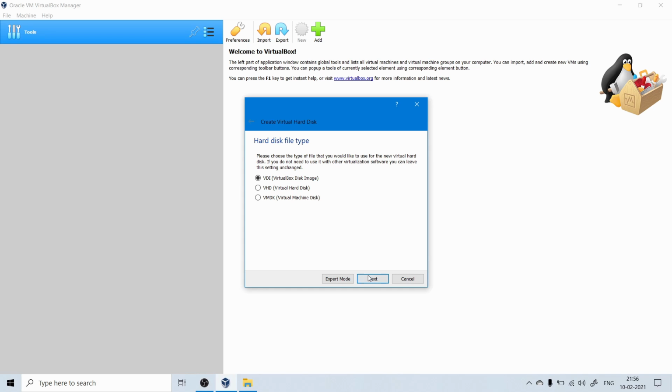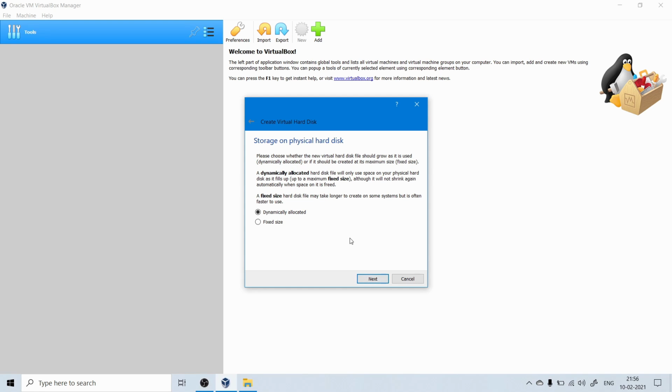And then on the next screen you are going to choose the type of hard disk allocation you are going to use. For example, in the previous screen we set the size as 50 GB, right? You can either create the hard disk now for the full size, and if you choose that, it will block 50 GB in your hard disk, or the other method is dynamic allocation. That means it will take up only what you are using and will go to a max of 50 GB, right? So choose any one of them.